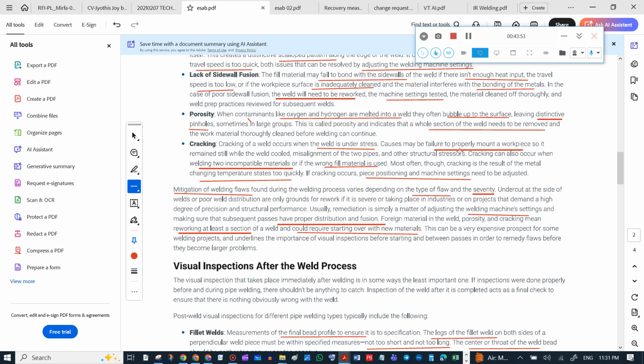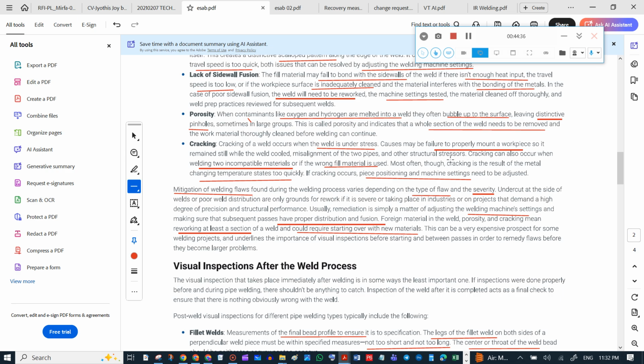It may be caused by failure to properly mount a workpiece so that it remains still while the weld cools, misalignment of the two pipes, and structural stresses. Why is cracking happening? Failure to properly mount a workpiece so that it remains still while the weld cools. Simply put, cracking occurs when the weld is under stress, because of misalignment, or failure to mount the workpiece correctly,